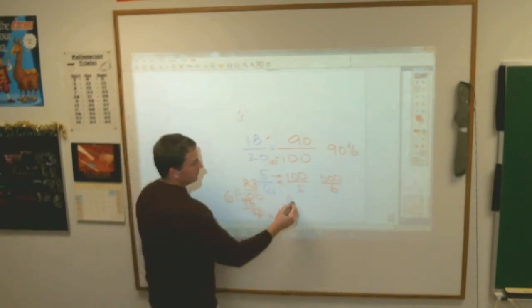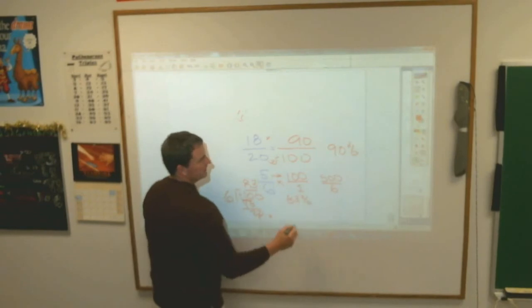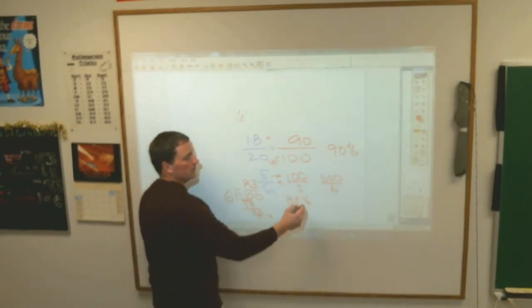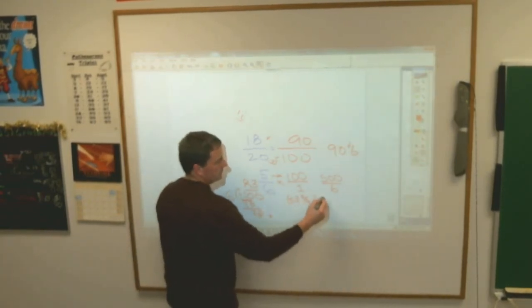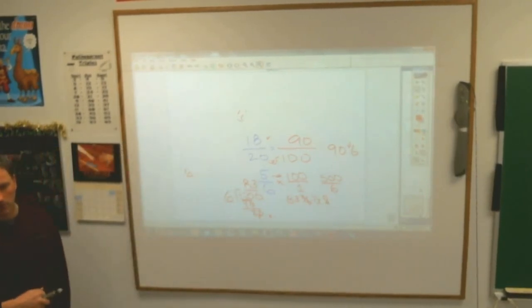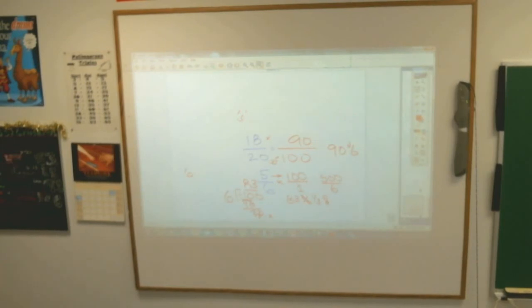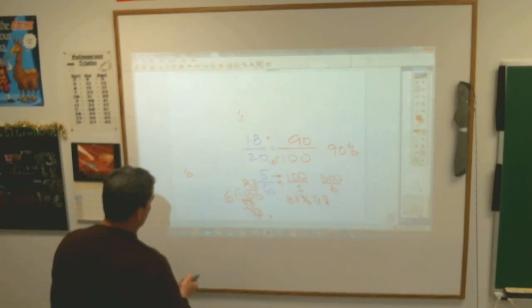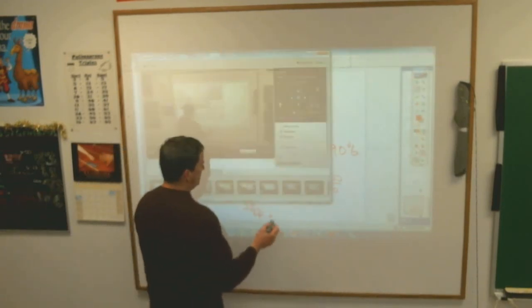You get 83 and 2/6, but you can't leave it as 2/6 because 2/6 can be reduced to 1/3%. 83 and 1/3%. Questions or problems? Always look to see if you can do it the easy way first. The last way is always your last proverbial